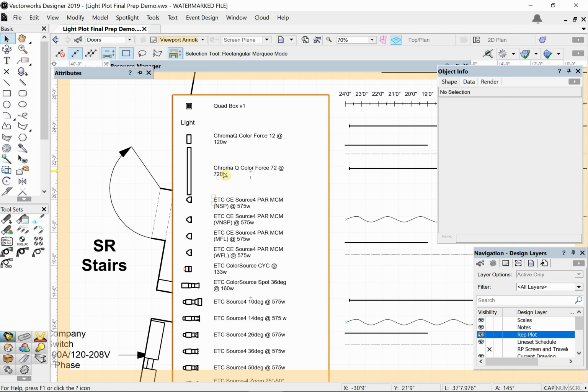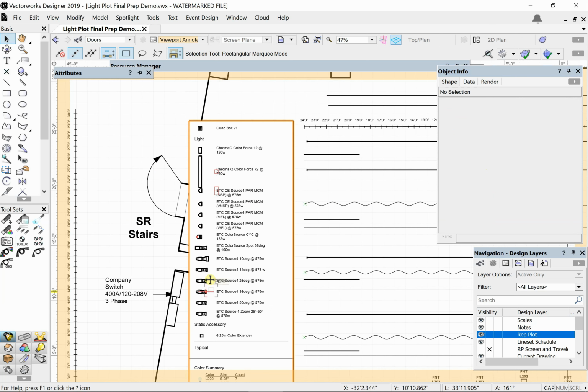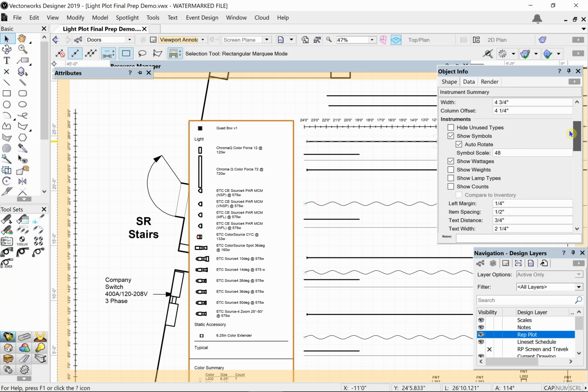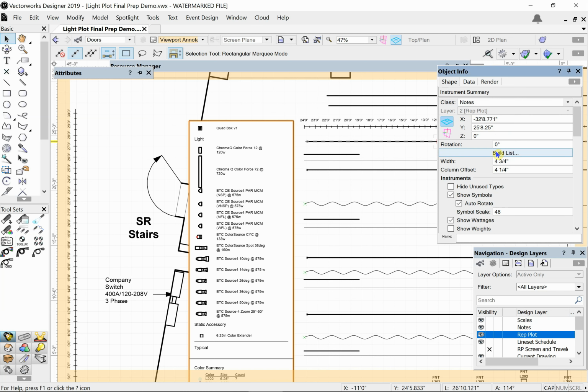Alright, so this has a bunch of stuff in it, stuff that I don't need. I can edit it now. I'm going to select it, and object info gets populated with a bunch of stuff. The first thing I want to do is build the list. Click that button,